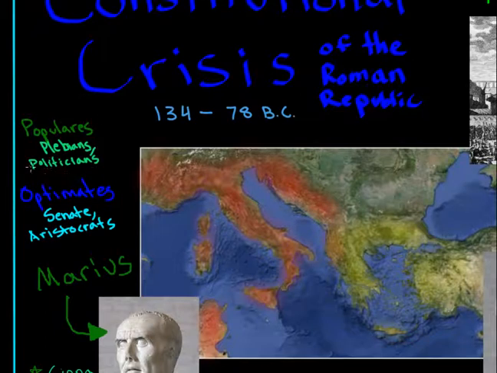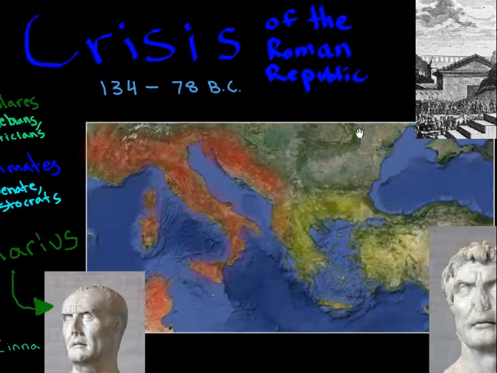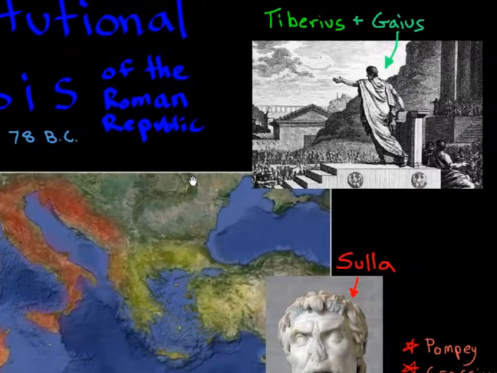The populares, like I said before, wanted to represent the people more, and they thought that the optimates were trying to take power away from the people. They thought the optimates were trying to keep power for themselves, being greedy and keeping the system the same because they were benefiting from it and the people weren't. Both views were valid, I guess. There's definitely a problem with the plebeians not having any land. So it's an unfortunate situation. Anyways,